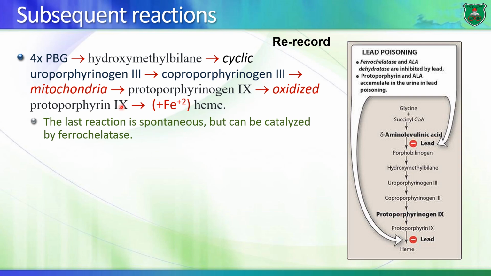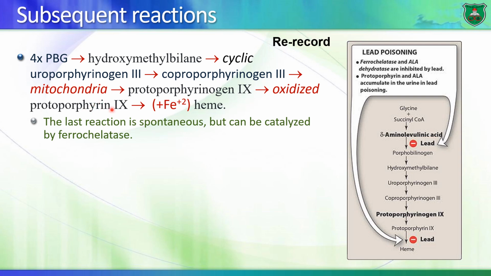Then it gets converted to protoporphyrinogen 9, and it gets oxidized. So it's almost like this is a precursor, right? We talked about this before, porphyrinogens and porphyrins. So it gets oxidized and it gets converted to protoporphyrin 9, which can have iron attached or conjugated to it,